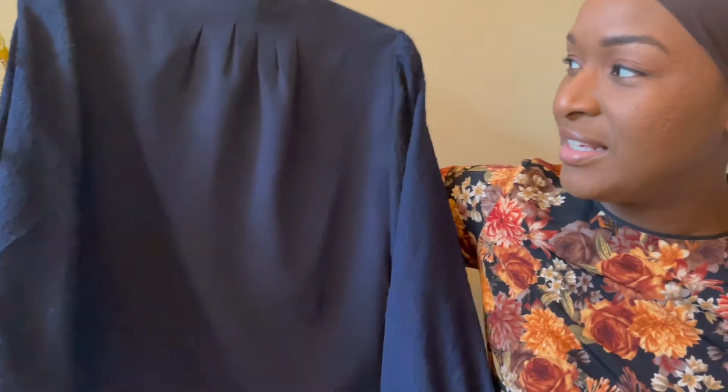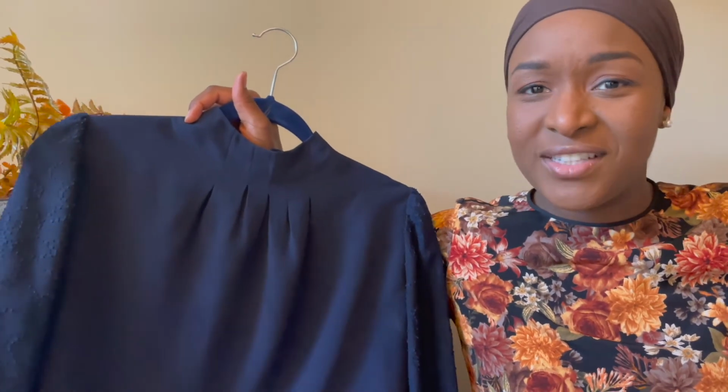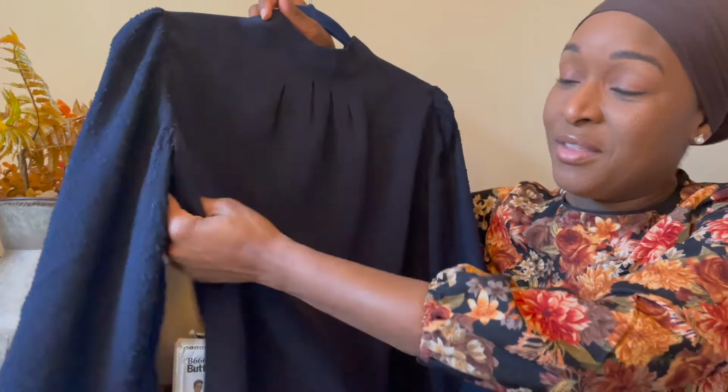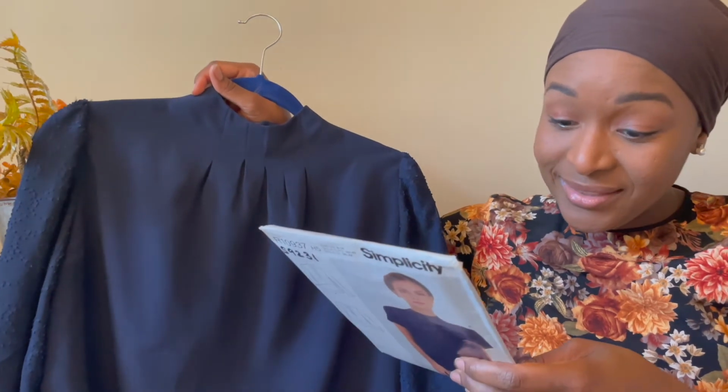So that meant that I had to squish some things, and what needed to go was the size. Because there's just so much ease in this, I was like, I can cut the smallest size. I'm gonna cut a size 8 because that's what fits on this fabric. While the 8 would still fit me in the bust area, because the finished garment measurement for a size 8